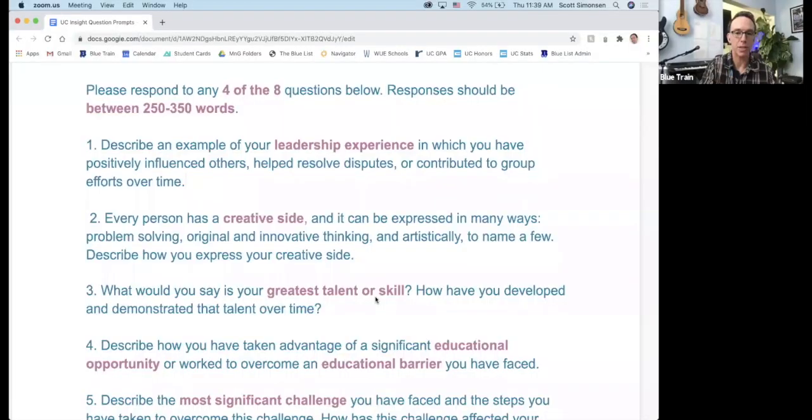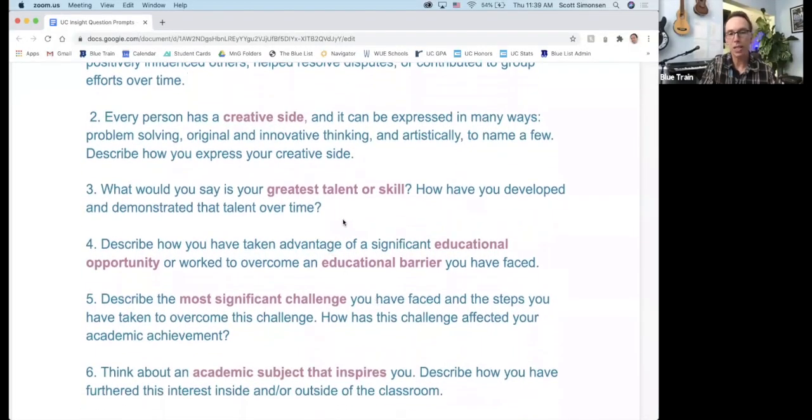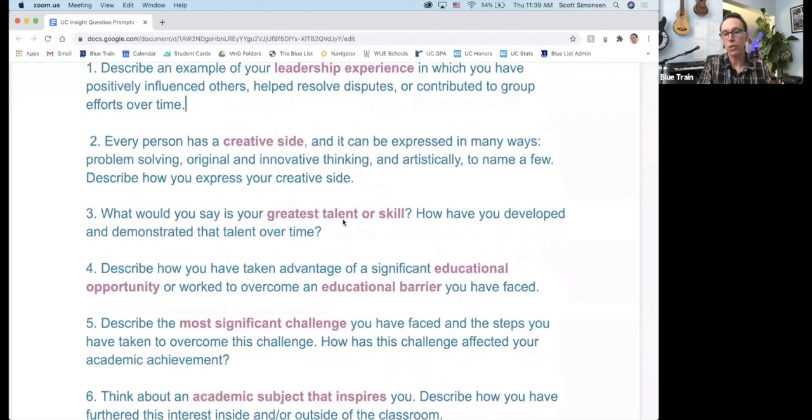Yeah, and I love that essay. We'll talk about the ones that the UCs probably latch on to a little bit more, but I think for a lot of people that is a very interesting one. And it sometimes gets mixed up with the next one. What would you say is your greatest talent or skill? Because if they're a musician, they might talk about writing songs here, and then playing guitar or piano here. And if we're talking about the mosaic of colors or the palette, as long as they don't hit that note or that color again, they might be fine.